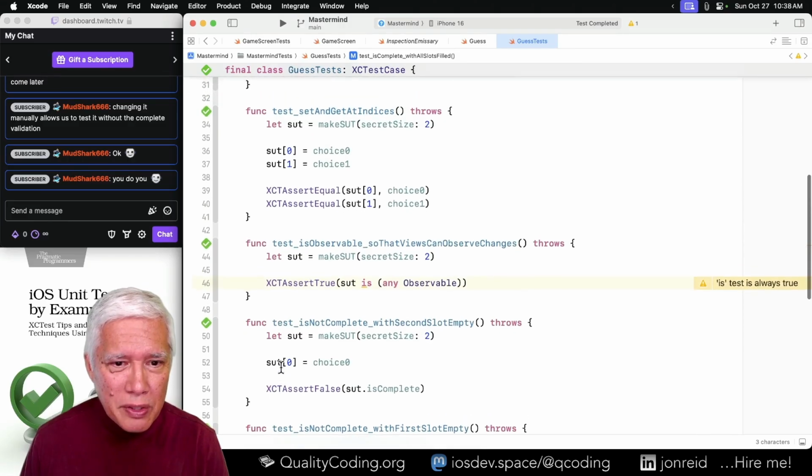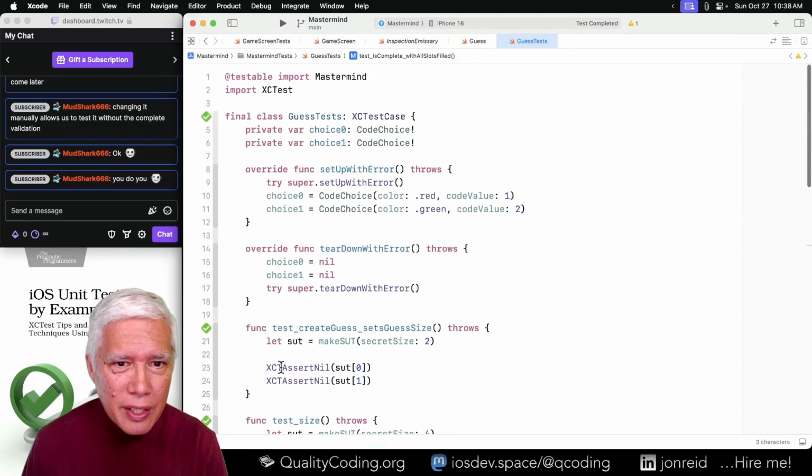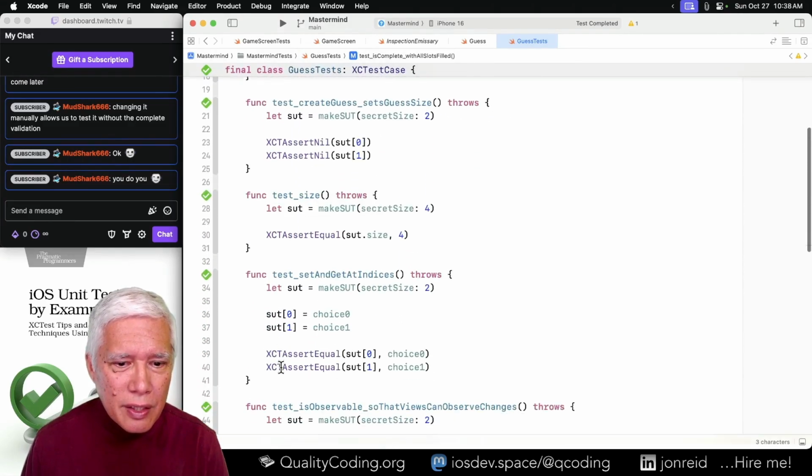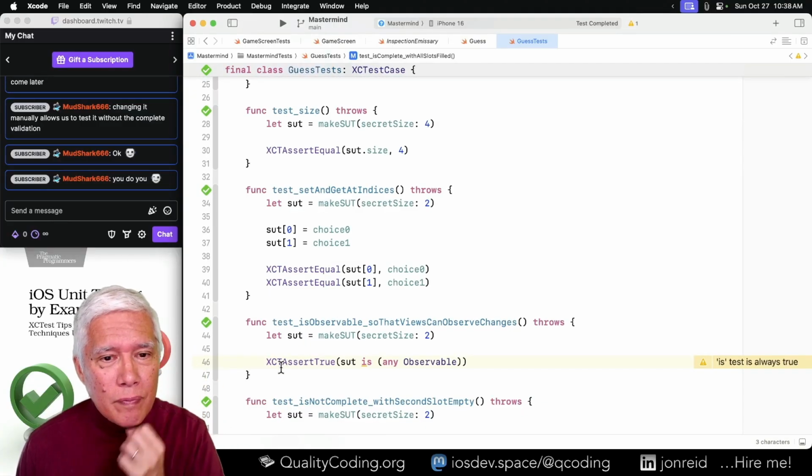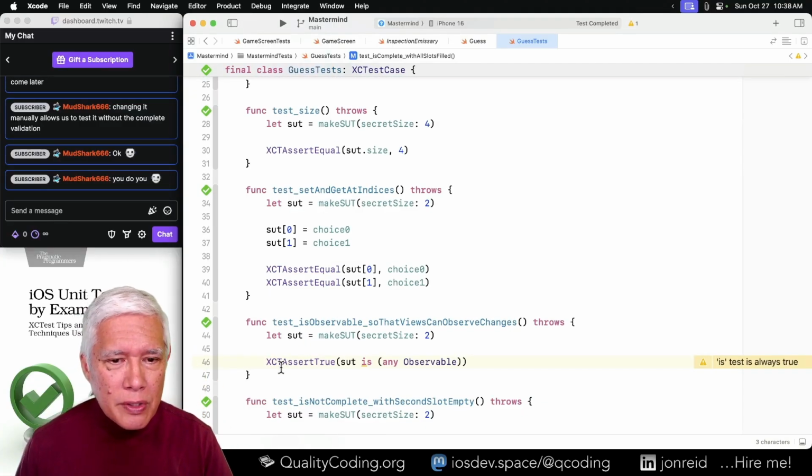But what do we want to say? I want to set a color in the first empty slot.